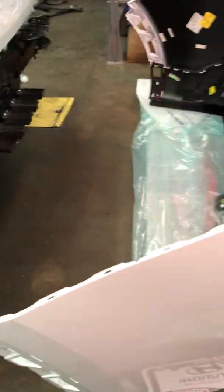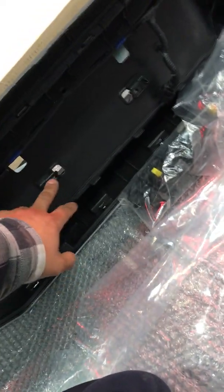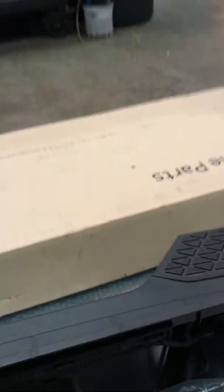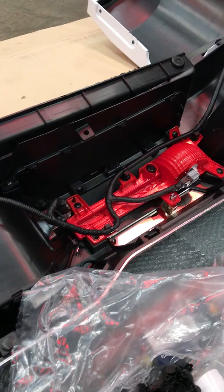Of course, wiring for it. You'll do the same thing to the driver's side. The main thing I wanted to make this video about is there's a bunch of clips. There's also going to be 2 clips that are held on in these holes from the back side of this bumper. And another tip I wanted to give on this video is, if you're gonna get this bumper,